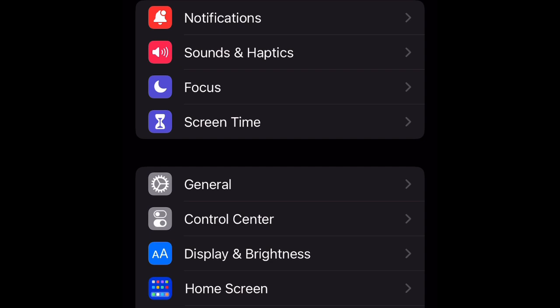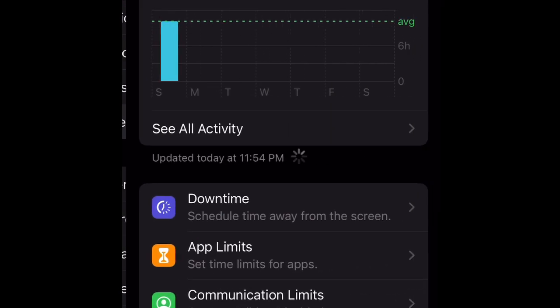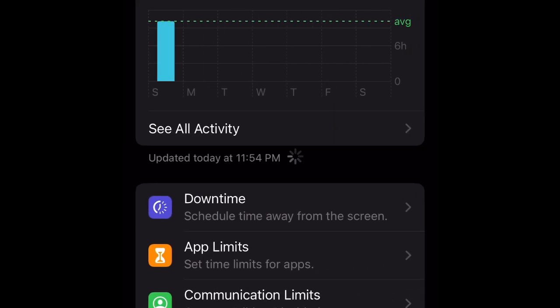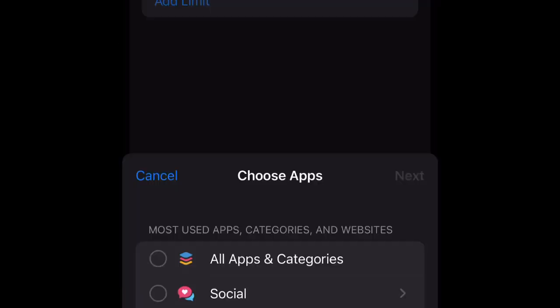I don't want to name them, but how you get there is basically you could add the restriction. So if you have an iPhone, you would go to Settings and go to Screen Time. You click on Screen Time, and then you would go to App Limits,